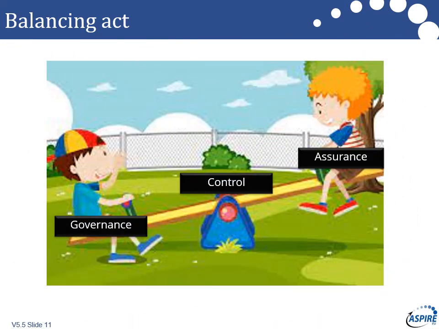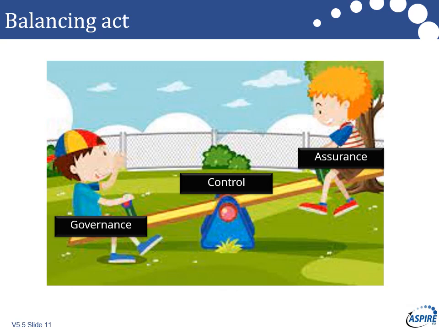Okay, just a little bit about the balancing act. When we're designing governance, there are three areas we have to look at. Governance itself, and once we've decided that, how do we manage and control that governance and make sure it's happening and make sure that we are involved in the decisions or the right people are involved. But there's the third dynamic, which is assurance. Assurance, the independent verification that you're doing the right thing, the independent expertise that helps you look in the right direction.